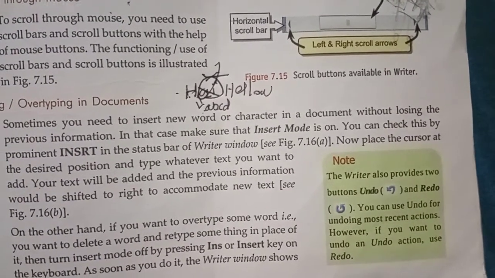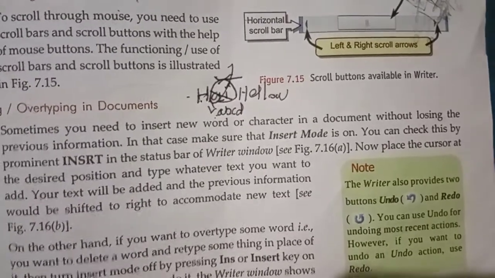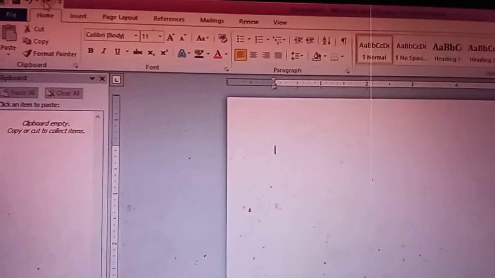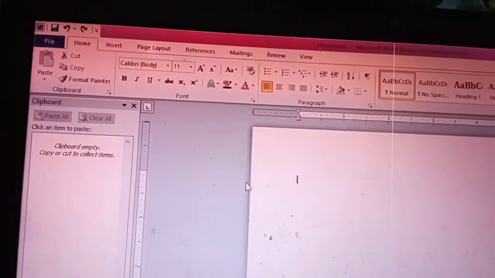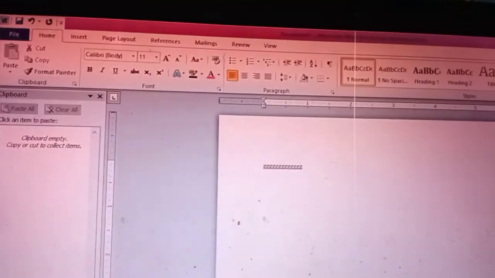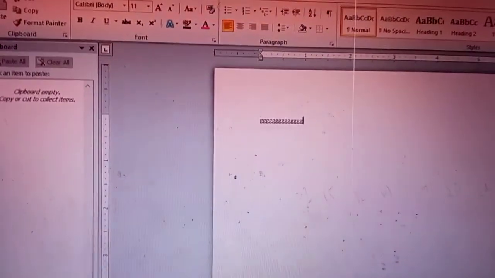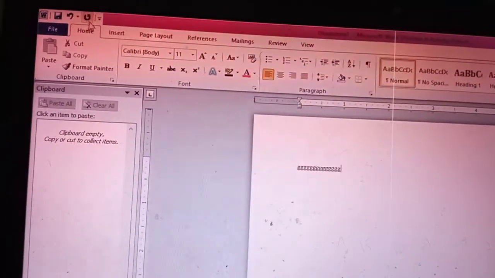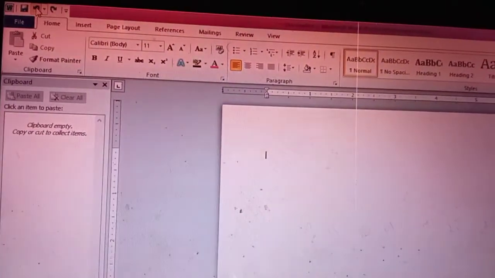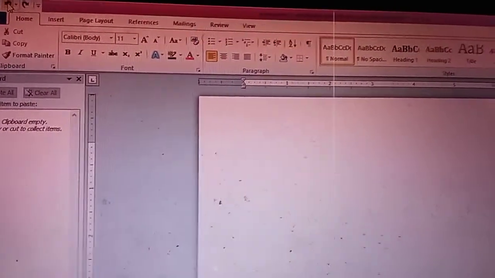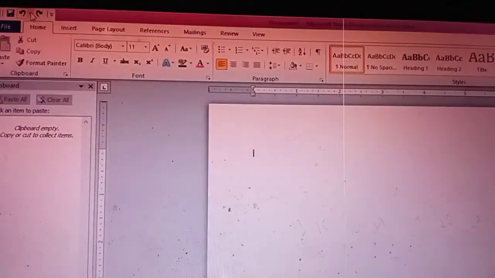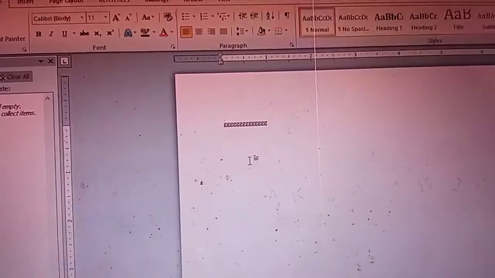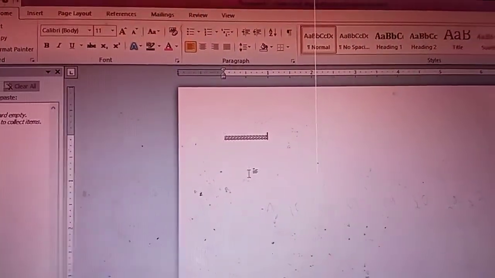For example, I will show undo and redo here, wait. Look at that, there is one undo button and one redo button here. For example, if you type something here and you don't want what you typed, you just click undo. You can see it disappears from the screen. Now you have deleted it. If you want to redo that, just click here, and look, you can redo it. So this is the use of the undo and redo buttons.